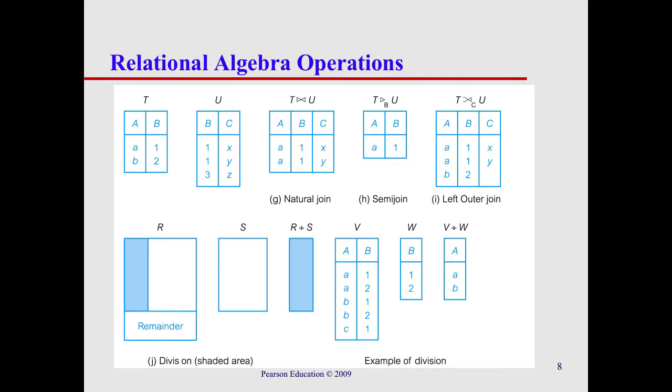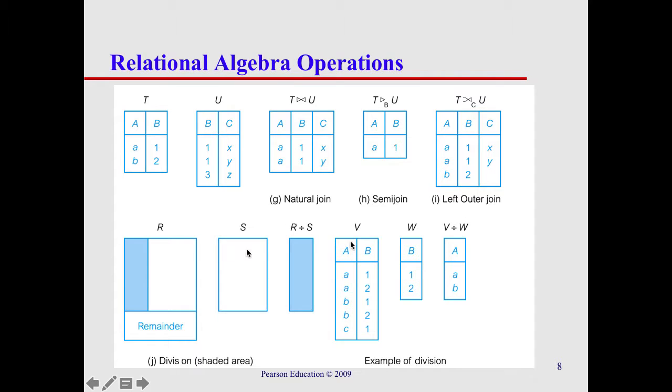So set division is saying, give us all the people who have done everything. Okay? So the way that shakes out here is that we are dividing S into R,